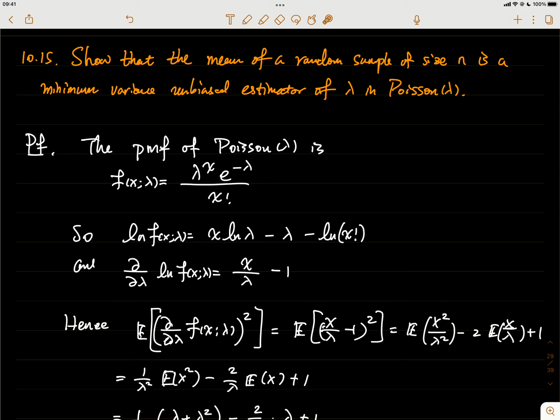Problem 10.15. Show that the mean of a random sample of size n is a minimum variance unbiased estimator of lambda in the Poisson lambda distribution. Okay, so